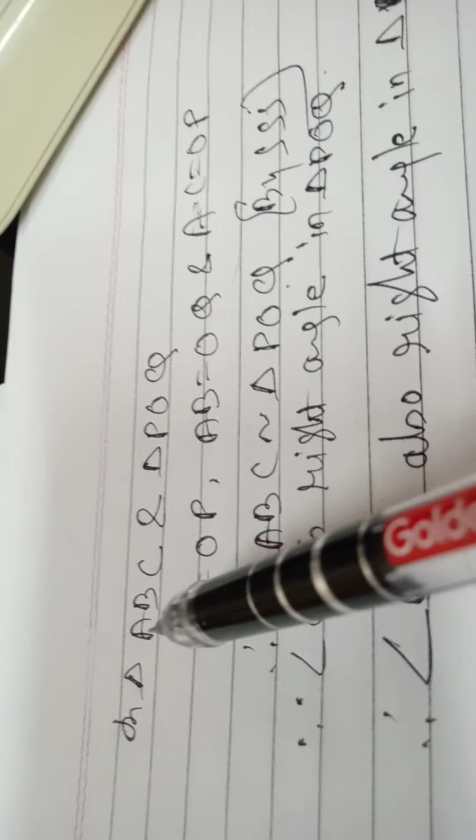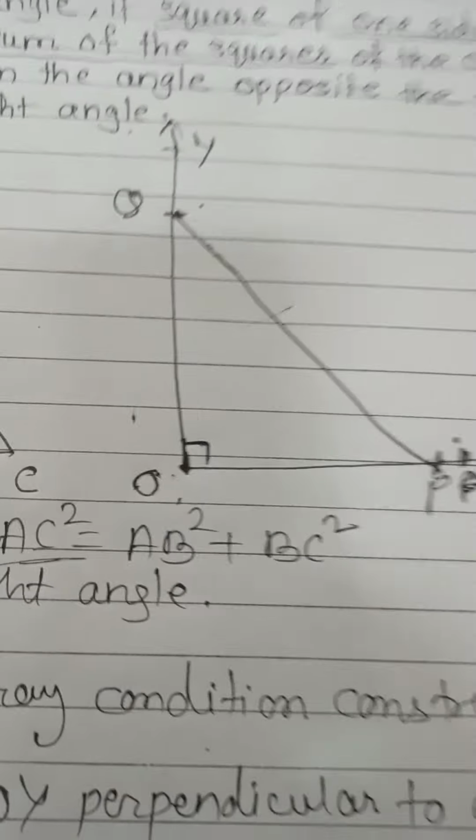So on the basis of that, I select triangle ABC and triangle POQ and give the conditions. Then the triangles will be proved congruent by SSS, and by CPCT, if this angle is a right angle, then angle B is also a right angle in triangle ABC. So this is our requirement. It is our third theorem. So in this way we have completed all the theorems of triangles. Thank you.